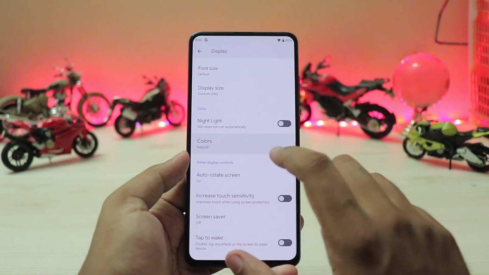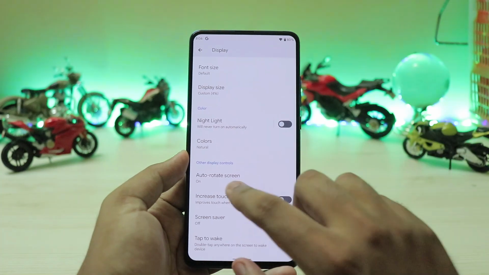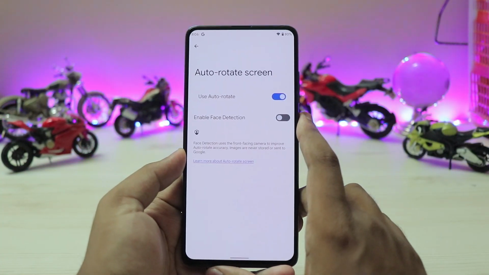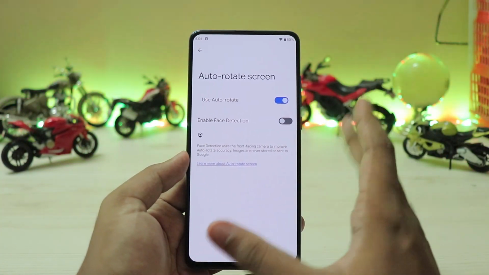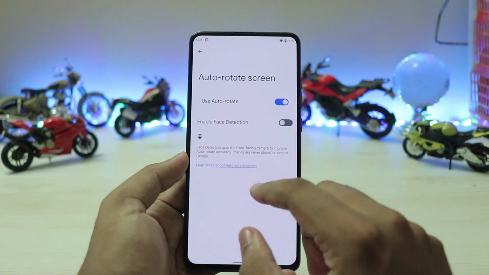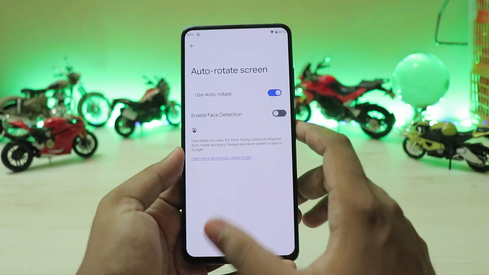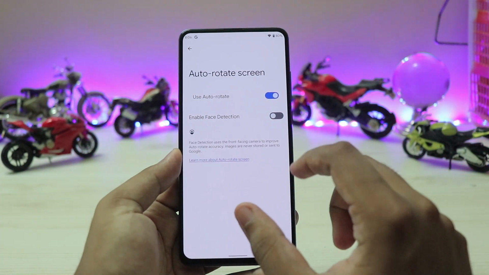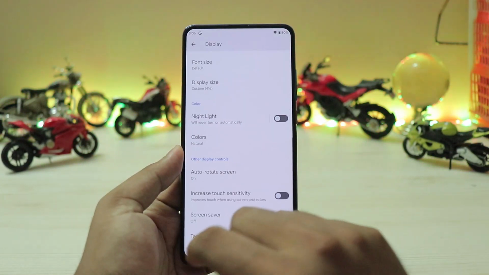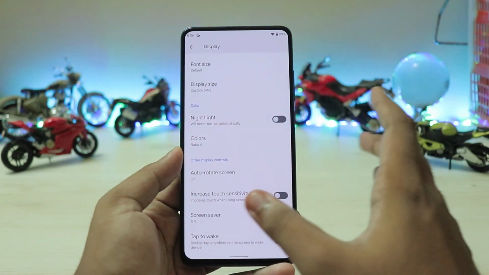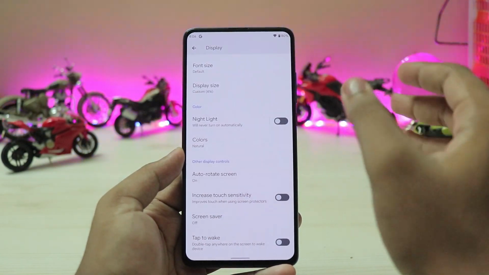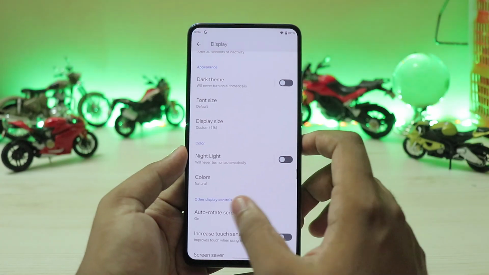Beta 3 is just far better. But in terms of functionality, yeah, there are many small little changes. Like now you have enable face detection with the auto-rotate screen. Now it only worked fine for me one time, but I don't know if people will use it, because why would you have your camera turned on all the time? But yeah, quite handy stuff if you have a tablet. The latency of it has been turned down by 25% according to Google. Now if you just come back, a lot of the things have been minutely changed right over here.